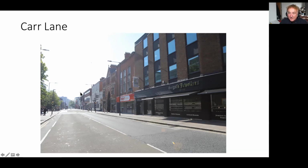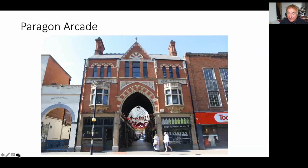Like I say, there's really nothing down here at all at the moment, or probably ever will be, because they've got this jewelers, the arcade, and then there's really nothing else. This road comes down to really where that bus is. It joins Ferens Way, which crosses it across there, and then continues forward as the Anlaby Road, leading out of Hull that way. But this is the Paragon Arcade, because this was one of the two Victorian period arcades built in